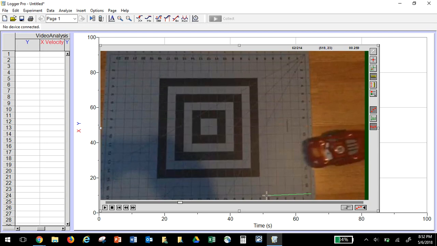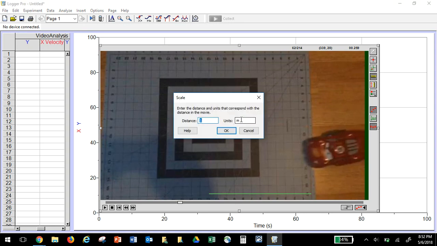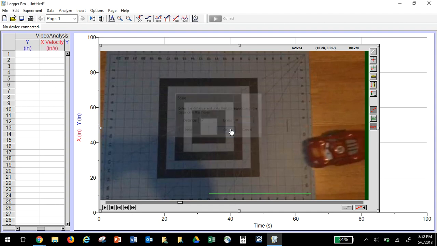So 1, 2, 3, 4, 5, 6, 7, 8, 9, 10, 11, and then that's 12 inches right there. So what I'm telling the computer is that is 12 inches. So I got to let it know that that's 12 inches. Okay, so what I did there is I hit this meter stick here, which happened when I hit